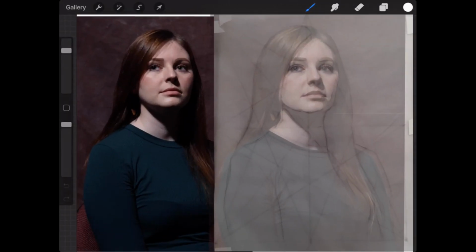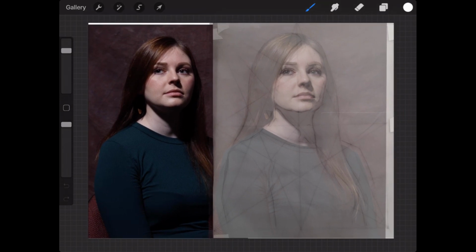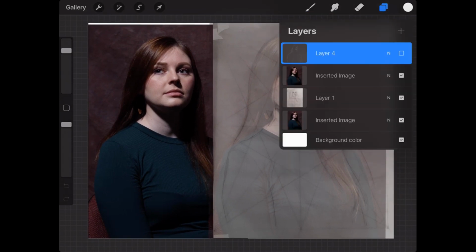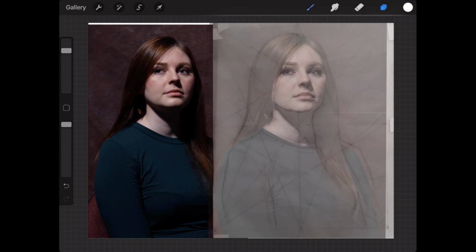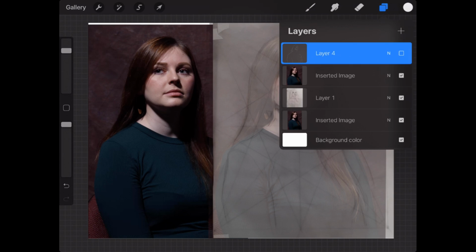So I'm going to do Todd's first here. And one of the ways I like to do these critiques is with a direct overlay of the photo reference. Now, this isn't about copying the photo per se, but it's more about, of course, achieving a likeness. I think that's something with portraiture that we're all interested in, is achieving the likeness and kind of the spirit of the model. So this is one of the ways I like to help you check your drawing. And so I'm going to go ahead and get started.